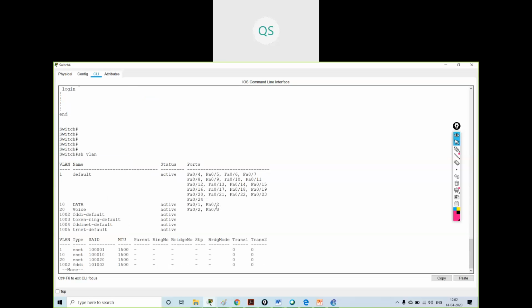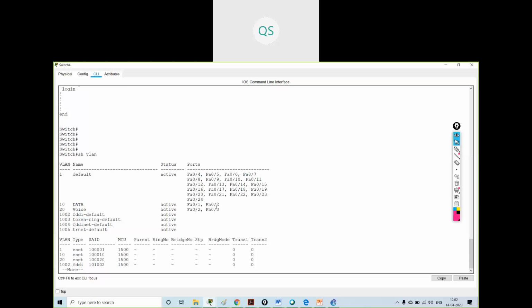Understood? See, why are you giving QoS? QoS is given for whatever traffic is being forwarded. You are assigning that this voice traffic is my sensitive traffic.